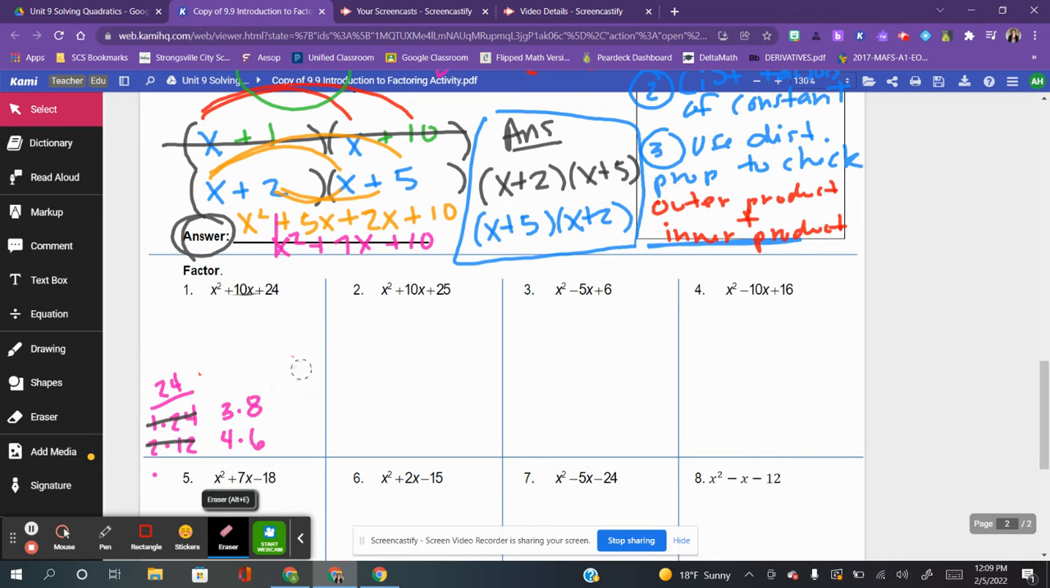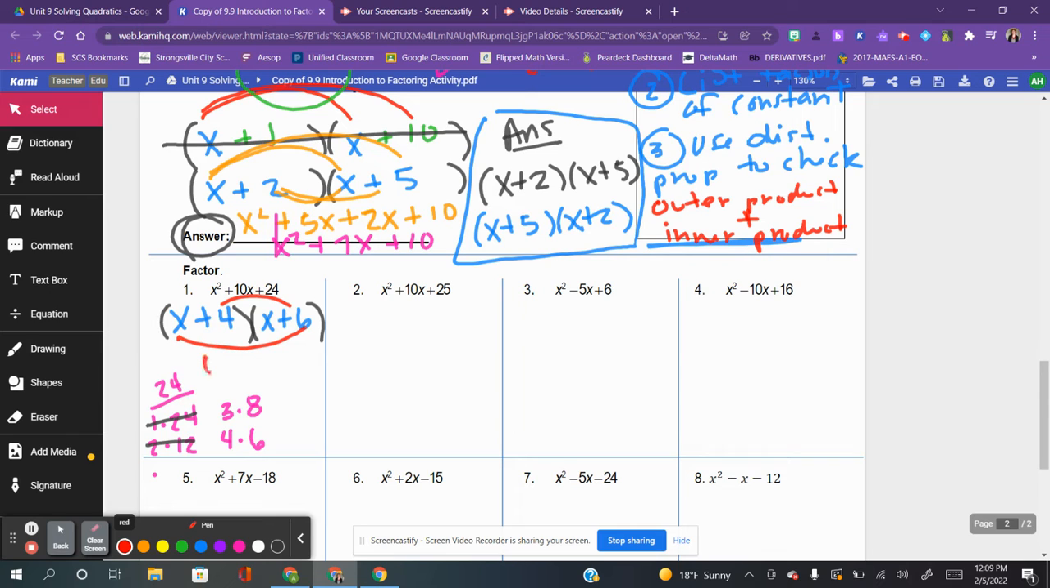You might be screaming at me, Hassler, try this, try this, try this. All right, I will. So let's try 4 and 6. Let's see if 4 and 6 work. So I've got x plus 4 and x plus 6. Again, I know that x times x is x squared. I know that 4 times 6 is 24. So I really want to check the outer product, 6x, plus the inner product, 4x. And I get